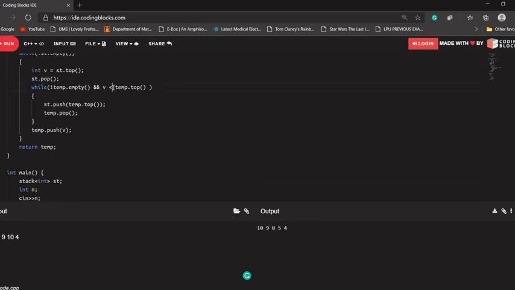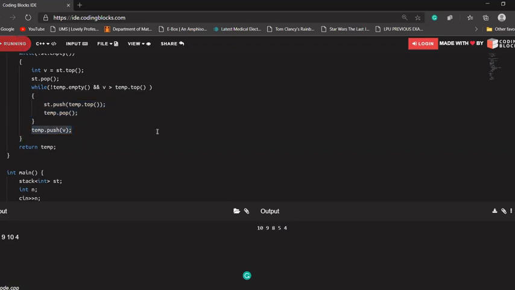So what if I repeat this loop, previously it was if v is less than the element at the top of the temp stack, and now let's change it to greater than. If the element in v is greater, then repeat; if it is smaller, then push into the temp variable.